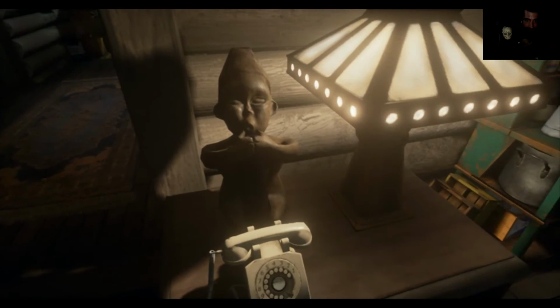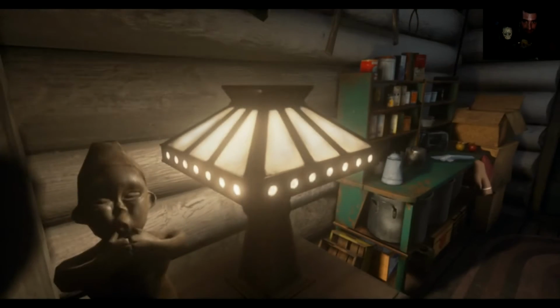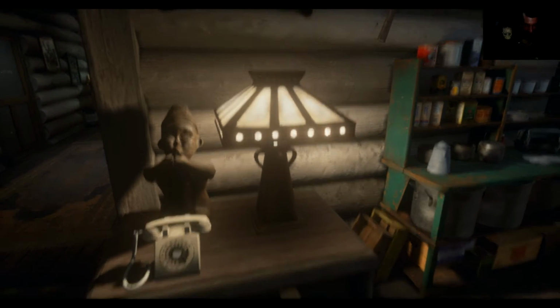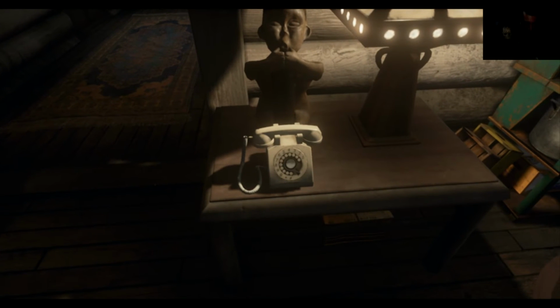Then we come down here and go to the right side, and we have this crazy looking statue, and this statue is from part 3, and this lamp is also found in part 3. Now the phone, the white phone with the cord here, this was found in part 6. Now to the right, we have the kitchen shelving,